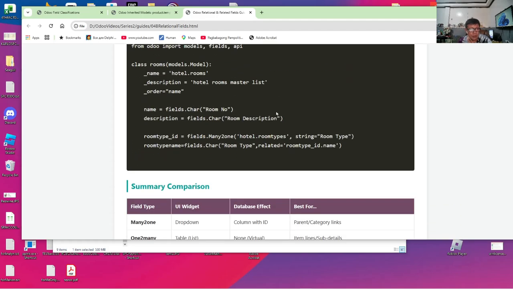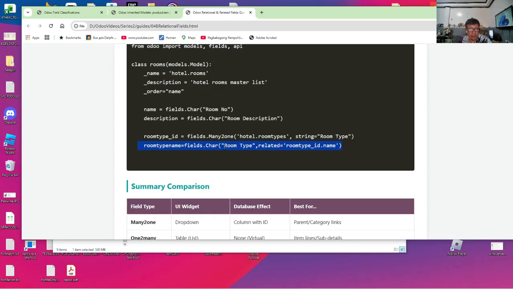So in the rooms model, we assign a related field called room type name. For example, if we have room 101, which is a single room, we can fetch the room type name into the rooms model from room types without having to redeclare it or to duplicate it.